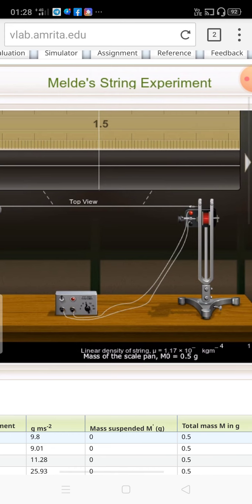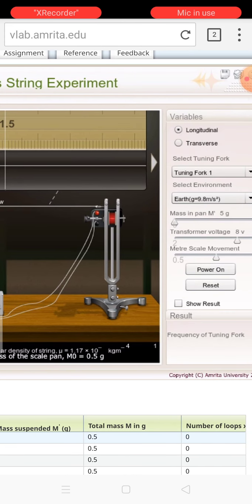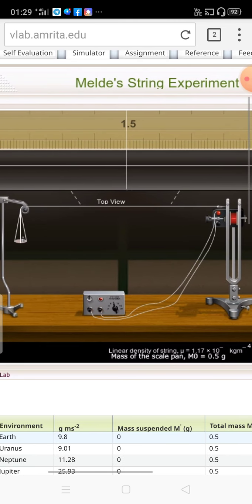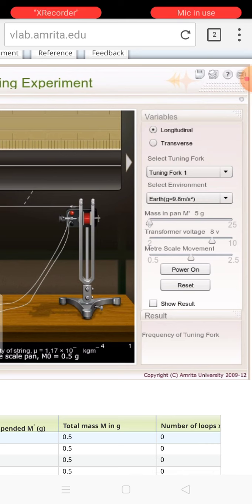Now what is our main motto? We have to generate a wave and measure the wavelength. You note that the theory and procedure of this practical I have already explained. It is not important to explain it further, because I have already told what to do. Here I will only show how to make use of the simulator based software, because your practical will now be only in virtual form. Here first we will do the longitudinal wave.